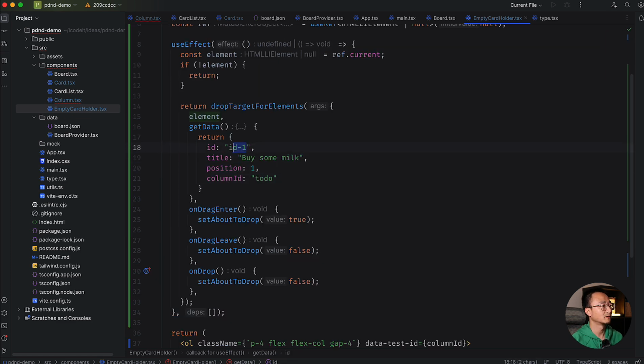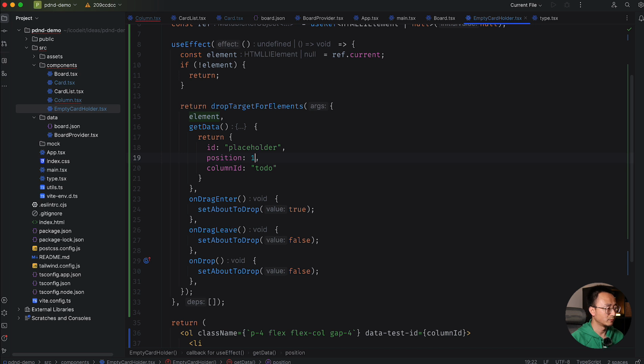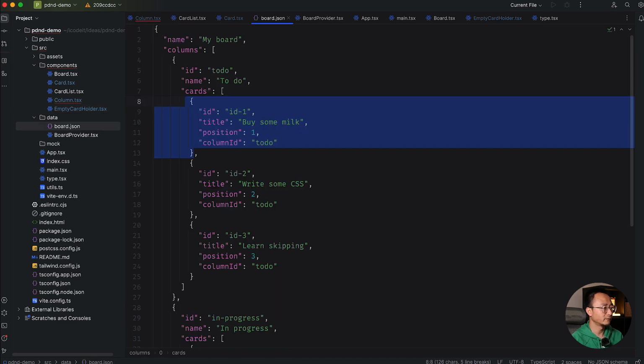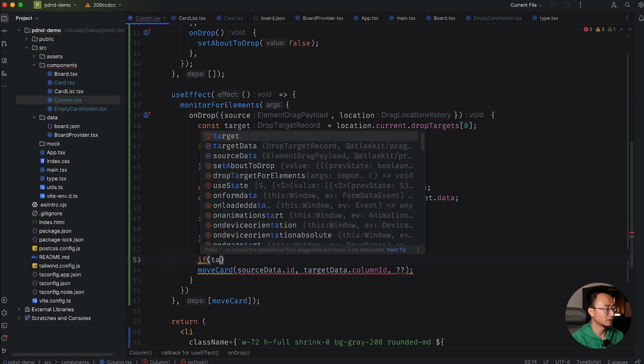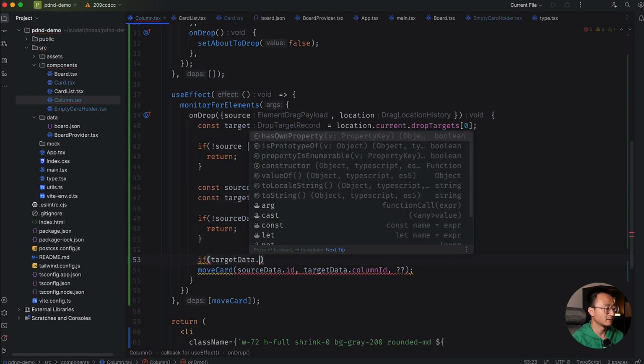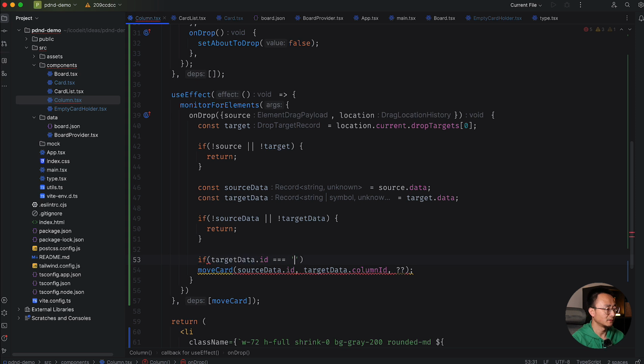And for the ID, we just call it placeholder or something, just enough to indicate it's a placeholder, and we don't need the title. We will put the position as 0, and the column ID passed in, and we'll attach that to the placeholder component. And then if we go to our column and we say if the target data.id is a placeholder,